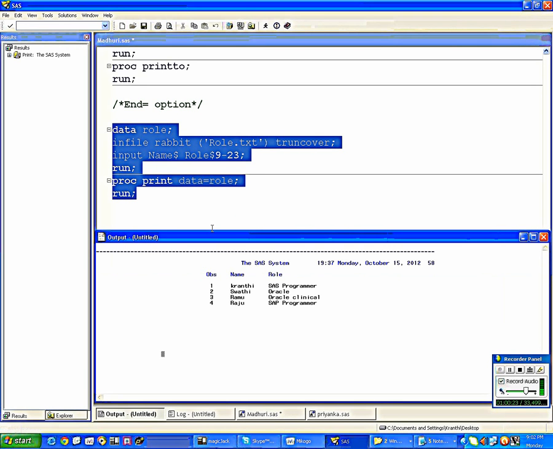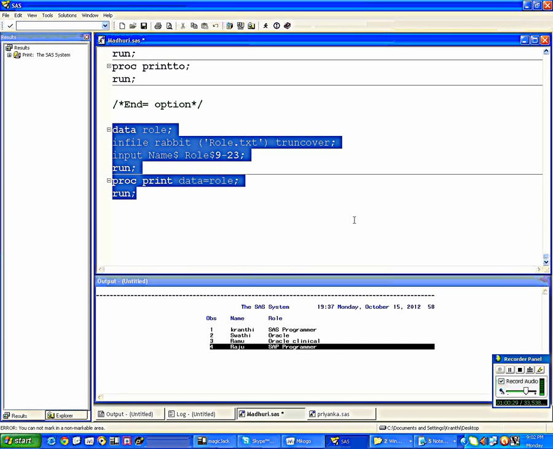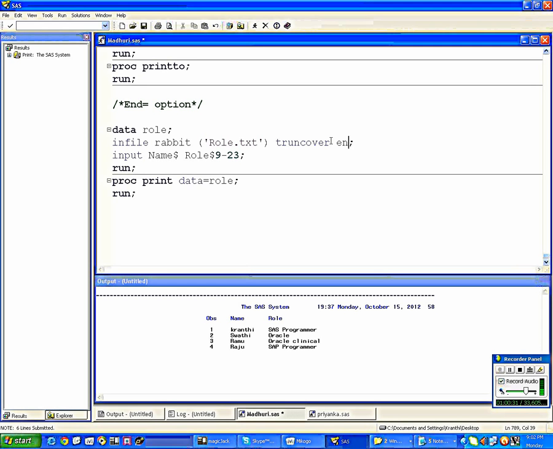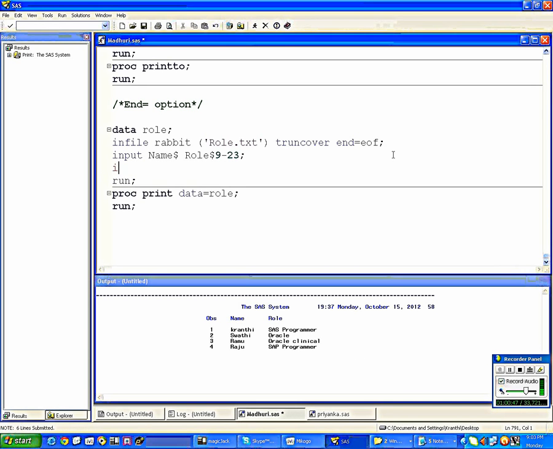So it will give the correct output. But I don't want all the 4. I want only the last one. So simple, here use the end equal to. End is nothing but the last one. End equal to, give some name. For example, I am giving EOF, or you can use any name, ABC. To the last observation I am giving a name called EOF.